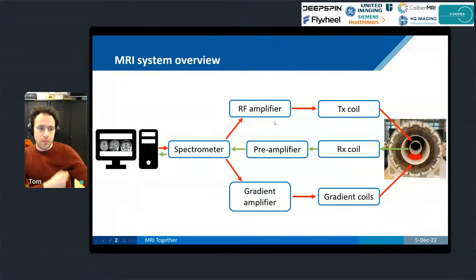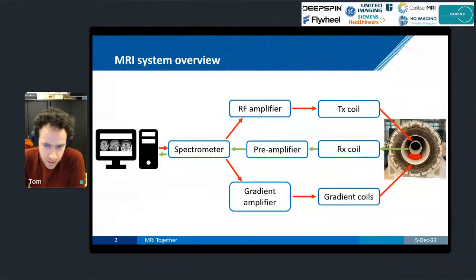So I'll start off with just giving a brief overview of the various components of a typical MRI system. Obviously, the complexity of these systems will vary quite a lot between different system types, but this is just a very, very basic overview of what such a system looks like. So we have the host computer. This is typically what the radiographer will sit behind when they do the MRI exam. This computer talks to the spectrometer, and the spectrometer is the device that will turn your software commands into the various MR waveforms that are necessary to create an image. And it will also acquire the signal or digitize the signal and transfer that data back to the host computer